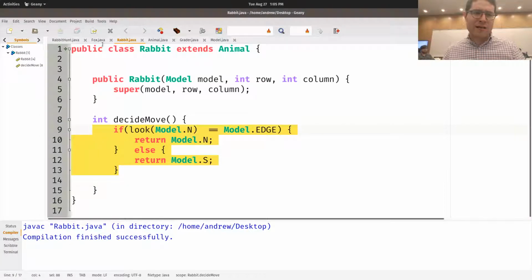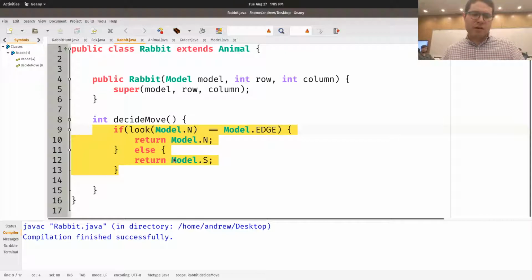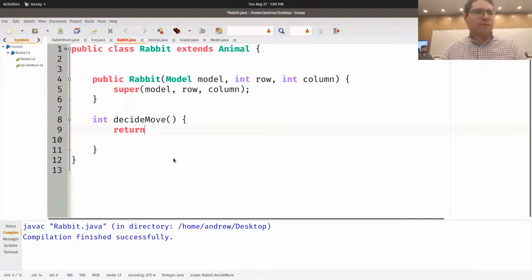because I want to just show you something to help cut you off. Basically, a lot of people try reverse engineering what the fox does. That's predator code. You're prey, which means you basically don't have to do any work if you think about it, because he has to find you. Going to find him is a bad idea. So let's go ahead and just simply do, instead of random, model.stay. Okay, and see if that improves our survivability at all.